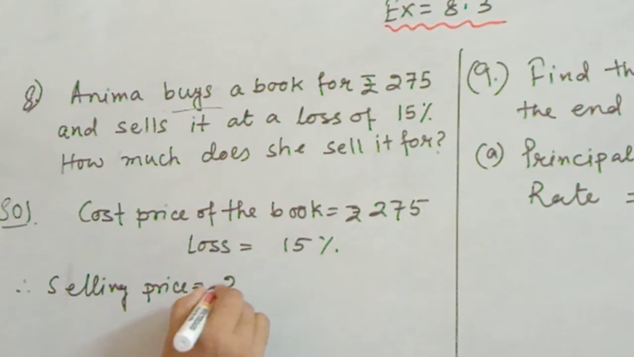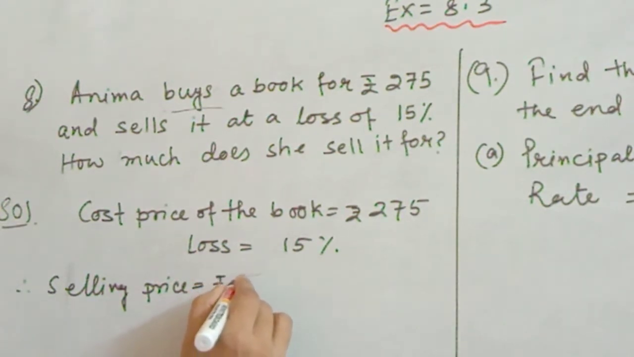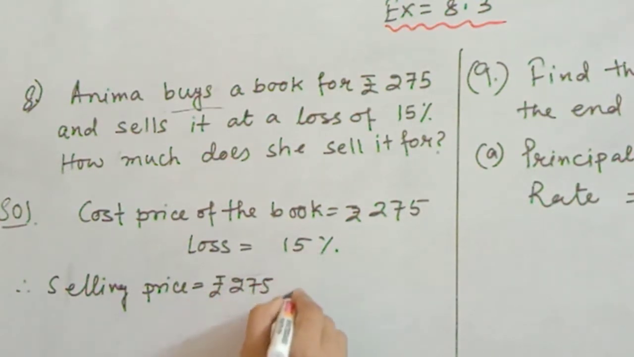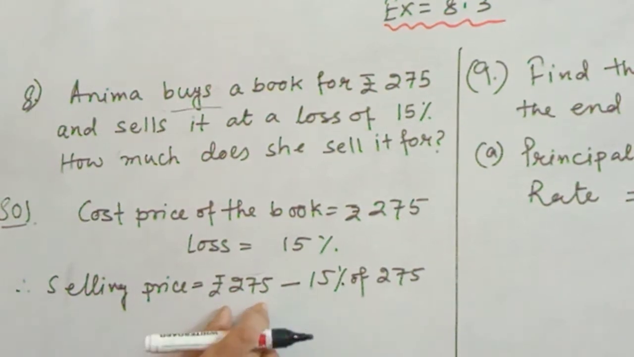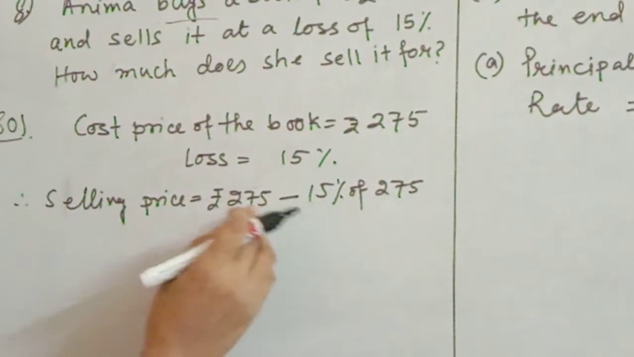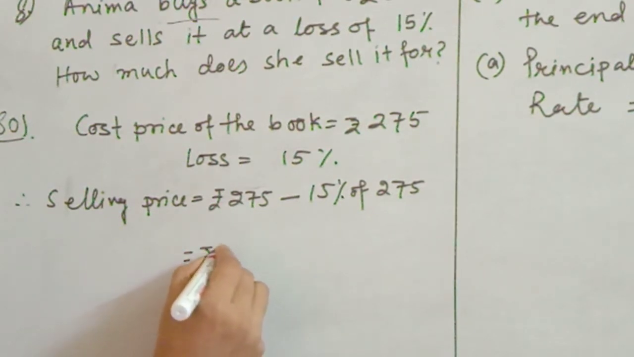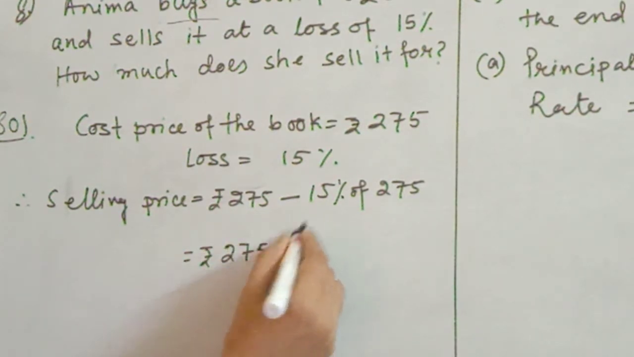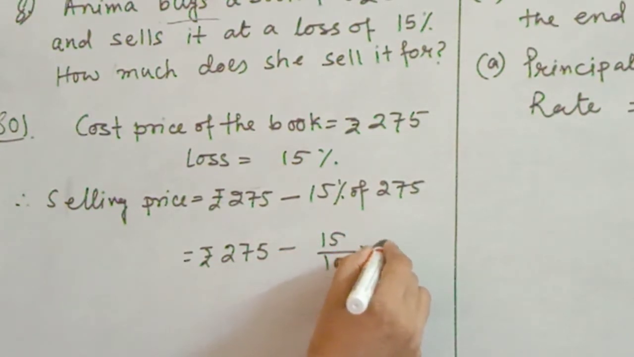equal to, it will be less than 275, it will be rupees 275, and because it is loss, so minus 15% of 275. So what we can see is that from the cost price this portion has been deducted, and because it is a loss, so minus is there. So rupees 275 minus 15% means 15 by 100 into 275,